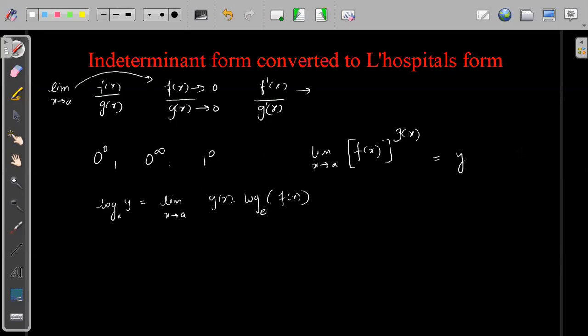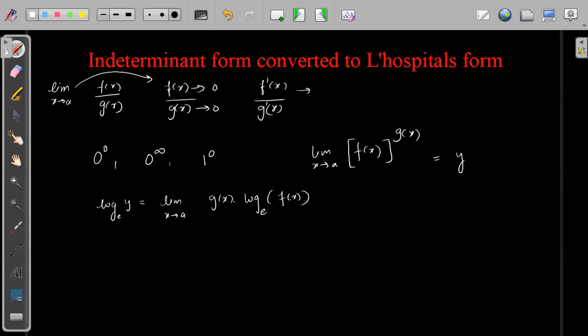right? Sir, is it L'Hopital's rule or L'Hospital? Somewhere it is written L'Hopital, somewhere it is written L'Hospital. So we will not go into the actual name. In some books it is L'Hopital, in some books it is L'Hospital, है ना? So we will not go into the name, right? But it is pronounced L'Hospital. So we'll leave it at that. Yeah, one more time.